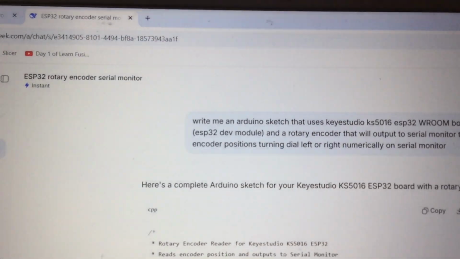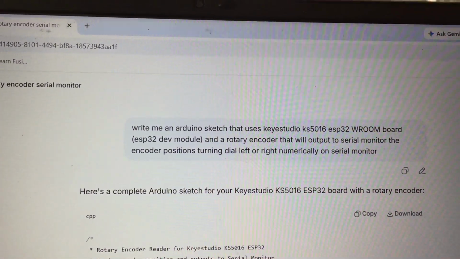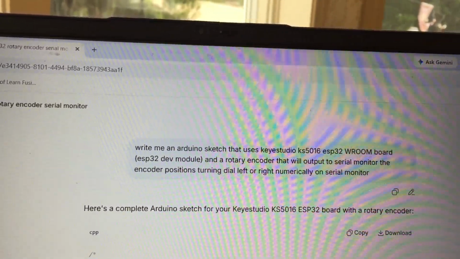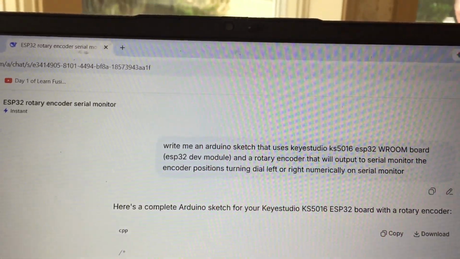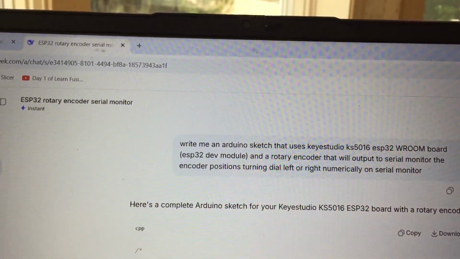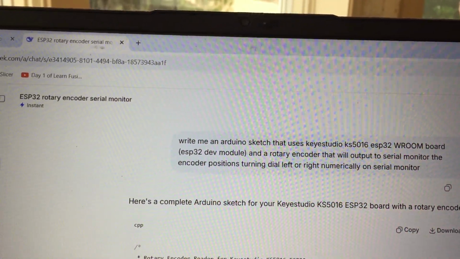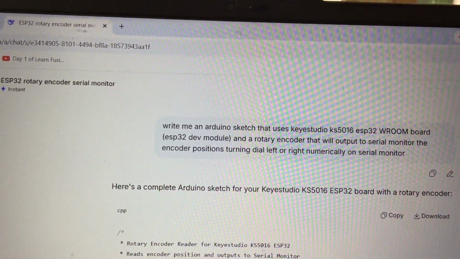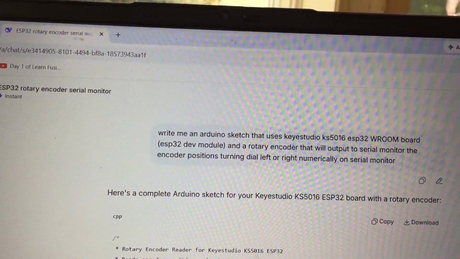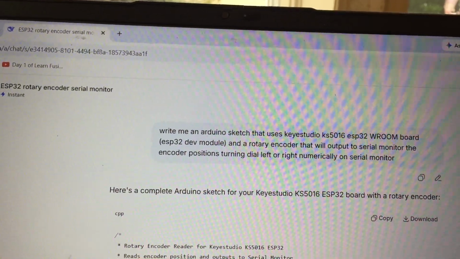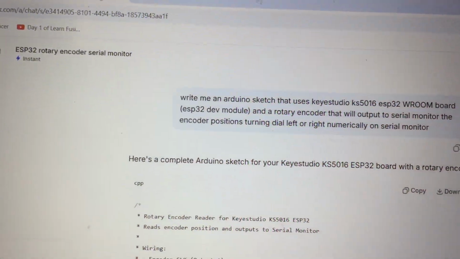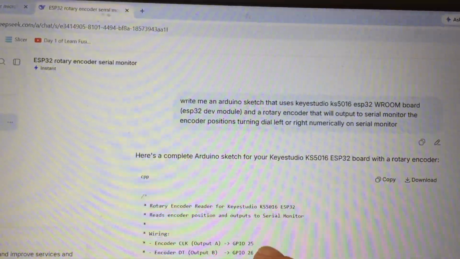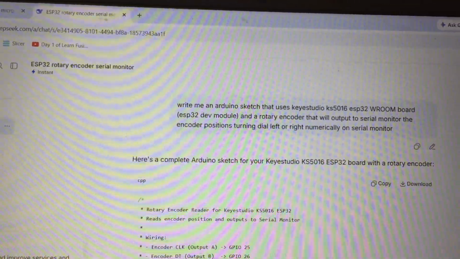Write me an Arduino sketch that uses Keyestudio and rotary encoder that will output serial monitor, encoder positions, dial left or right. I said nothing on this about the switch. That's where I press the top down and you can hear it click. I didn't ask for that, but yet deepseek gave me a sketch that includes that. It gives me the wiring also,